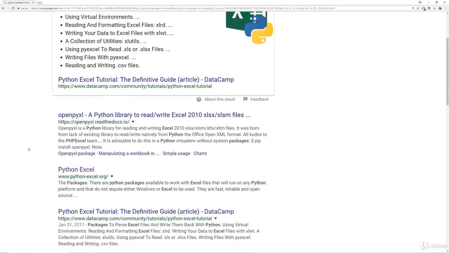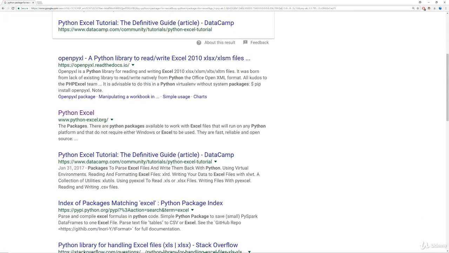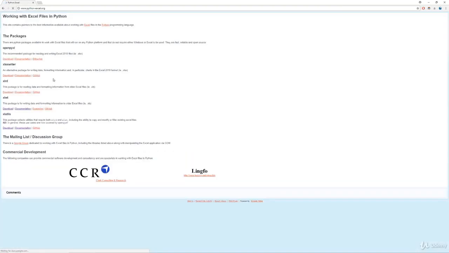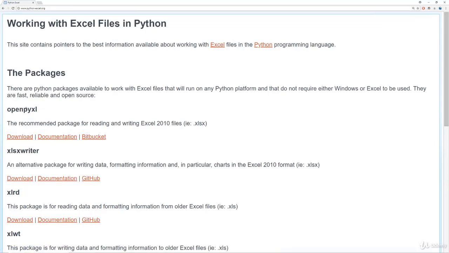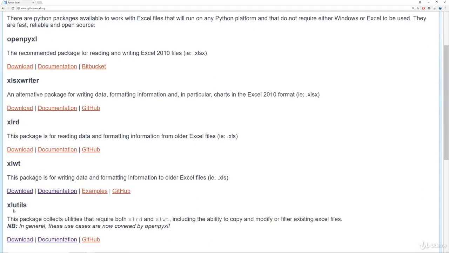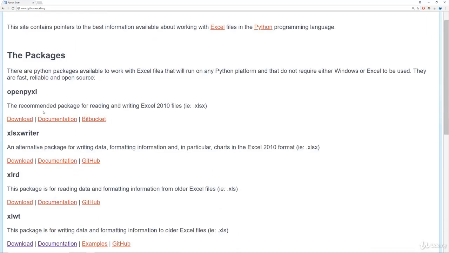And as we scroll down, we'll eventually see python-excel.org. And if you click on that link, it actually reports back a bunch of packages that are available: OpenPyXL, XLRD, XUtils, a ton of stuff that you can play around with. So then what you end up doing is you either go to the documentation or you go straight to the